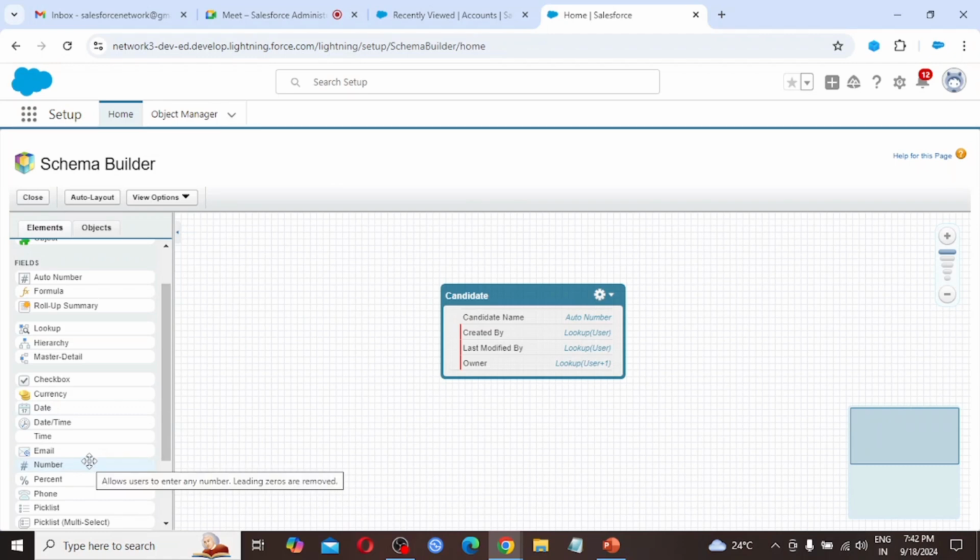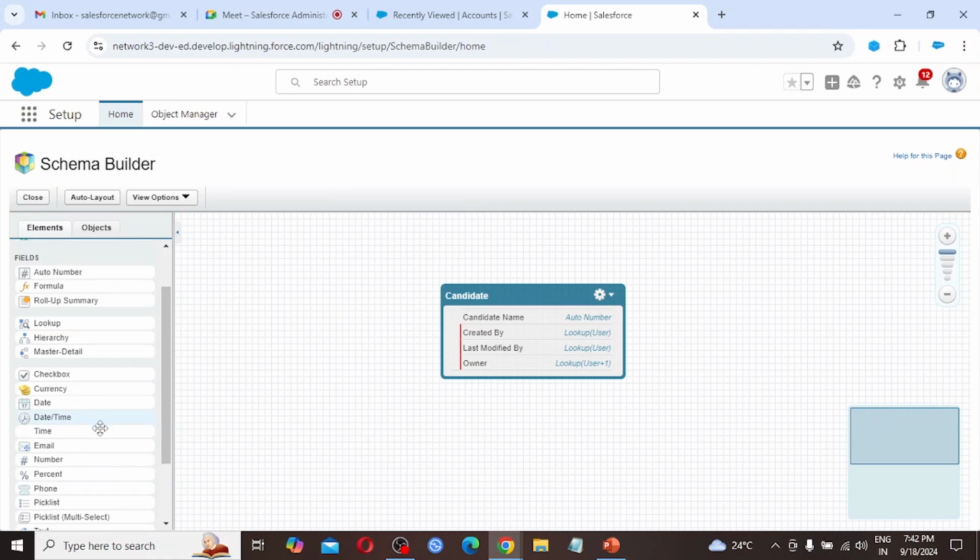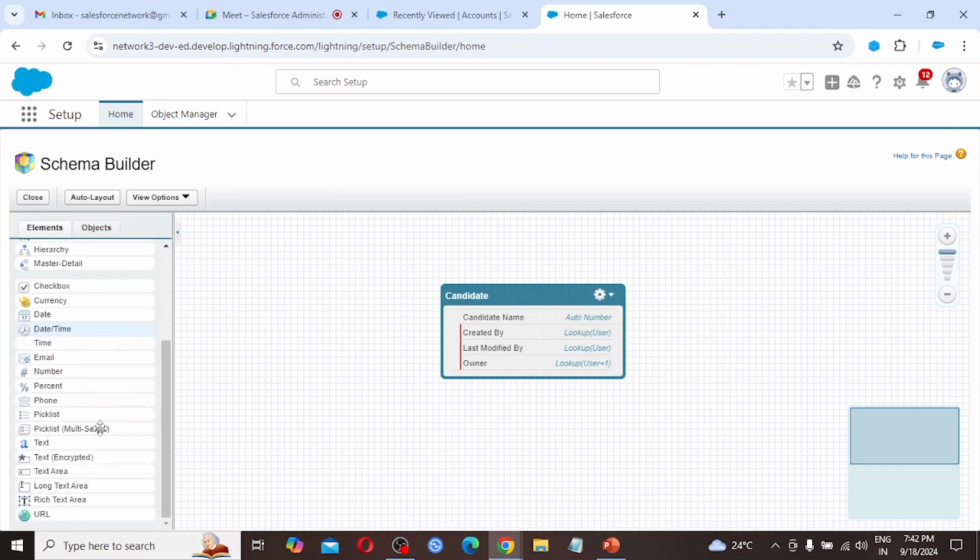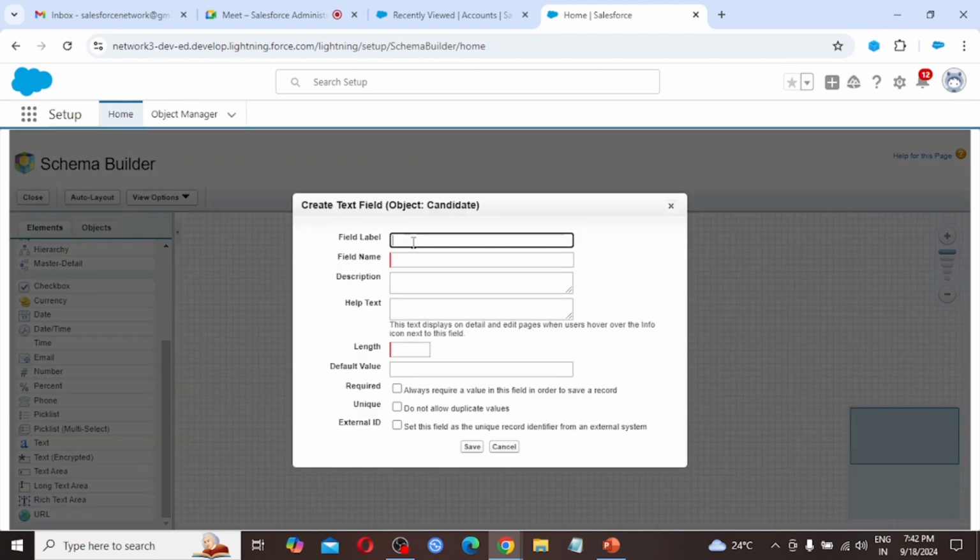So I have to create the name. So name is of what? Text type. Simply drag and drop. So here I am going to provide name, and we have to provide the description, help text as a best practice.